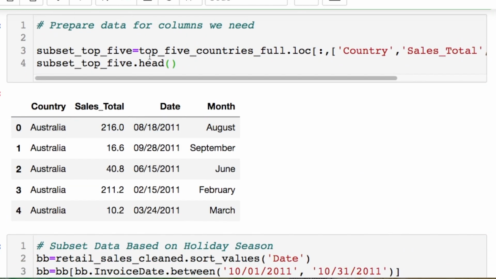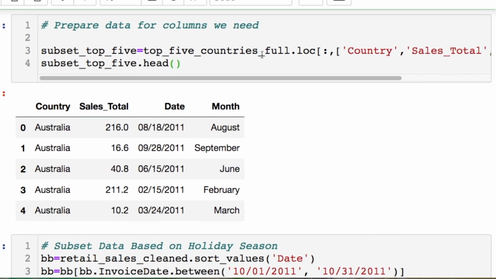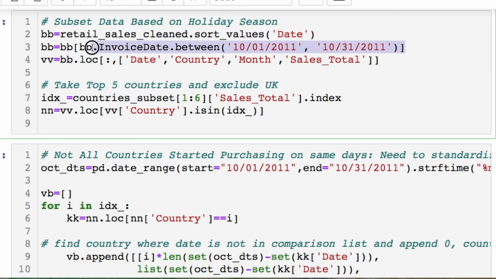From there, let's investigate this a little bit and take only the columns that we have of interest here. But let's figure out a range of dates that we want to look into. And if we notice the top, it was October, November, December were the top selling months. Let's investigate those first with these top 5 countries. So to do that, we use this right here.